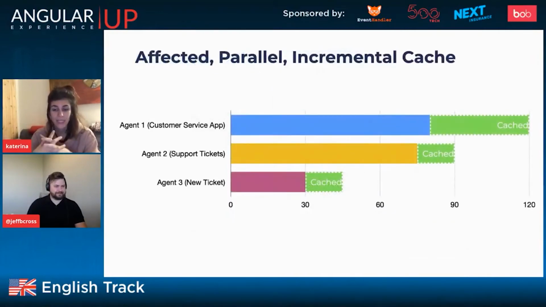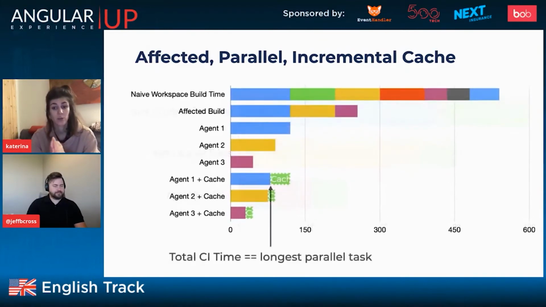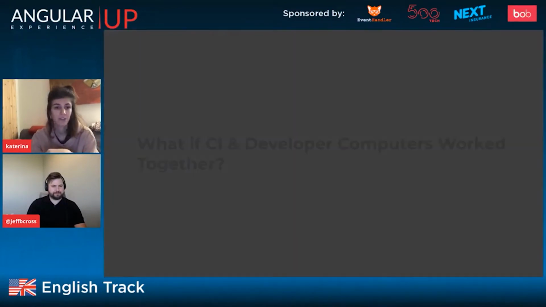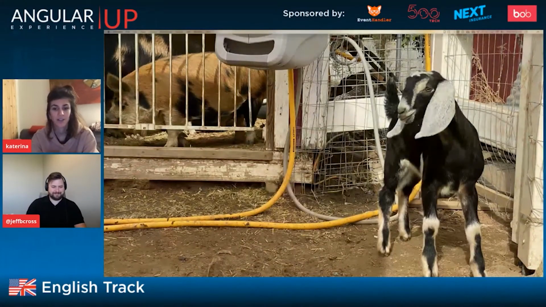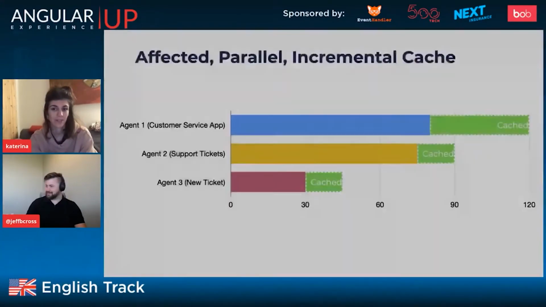So let's take a look at this example of building times for the 3 parts of our project. If a dependency of the target has been built, the build doesn't need to be totally fresh. So each individual part can use the cache to save building time. If we put the affected and parallel functionalities in action, together with incremental cache,